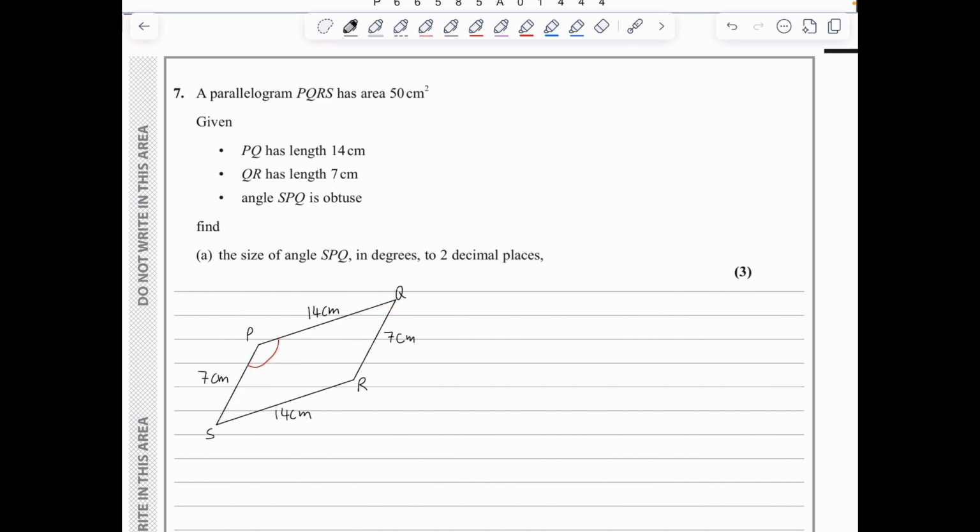So I'm going to say that the area of the parallelogram PQRS is given by 2 times the area of this triangle, which is a half AB sine C. So a half times 14 times 7 times the sine of the angle P. Now the 2 will cancel out. We've got that the area is 50, and we arrive at 50 is equal to 98 sine of P, and therefore 50 over 98 is